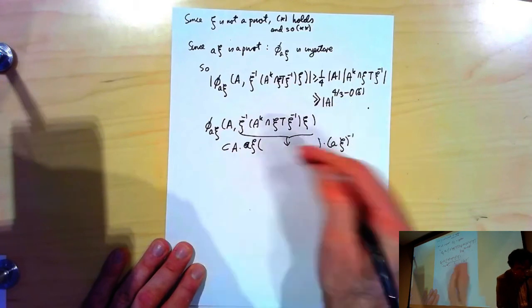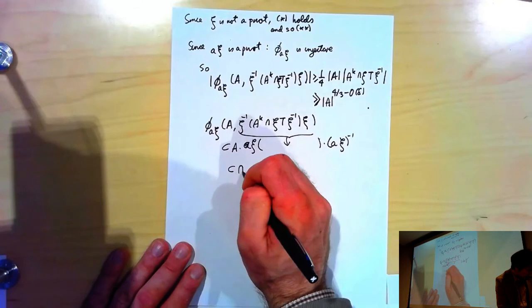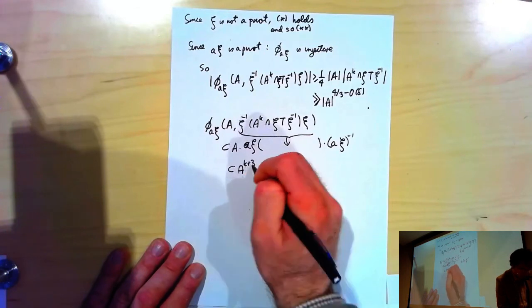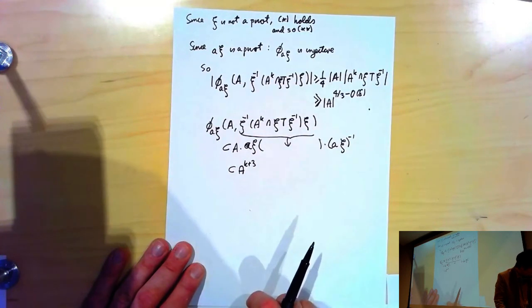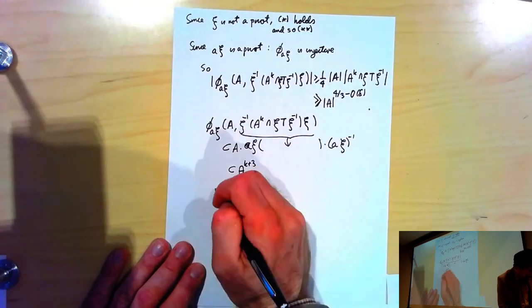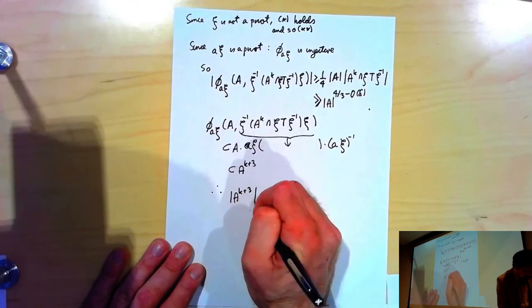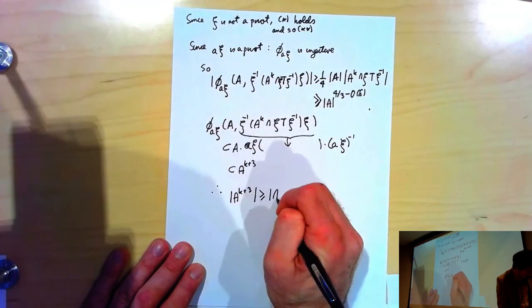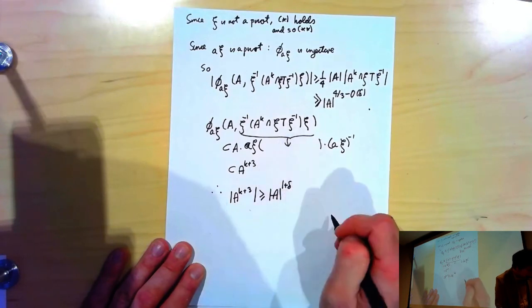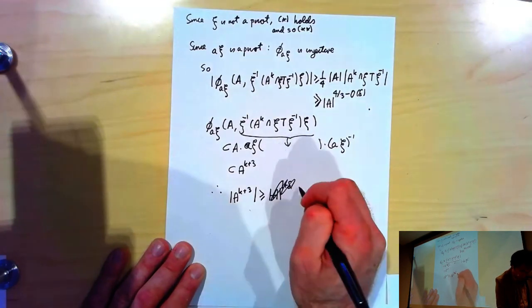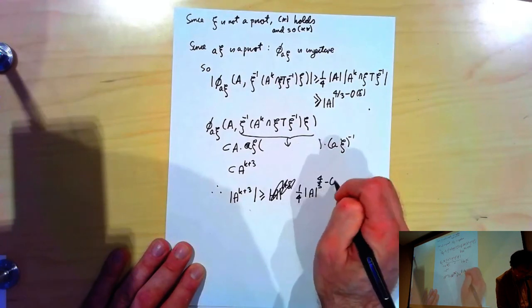So the ξ's cancel out, and you have that it is contained then in A to the k plus 3. The ξ's die. All right, but then we obtain A to the k plus 3 is at least 1/4 A to the 4/3, and this implies